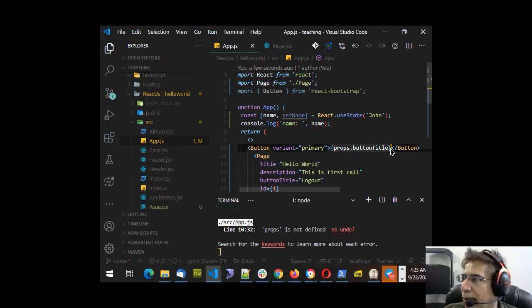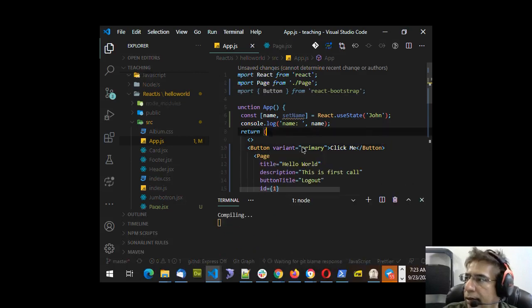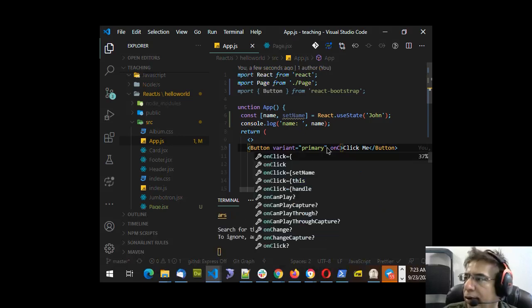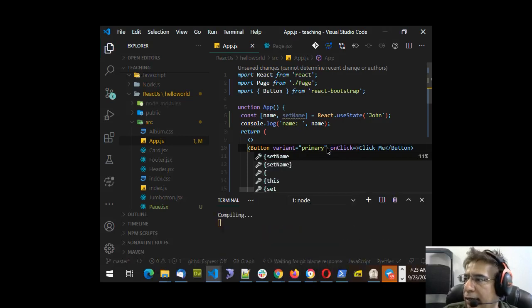Maybe I can call it submit or click me. And here I will say onClick, since we have to change the name on clicking this button. So I will say onClick equal to